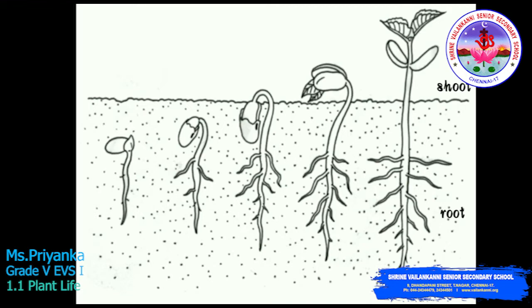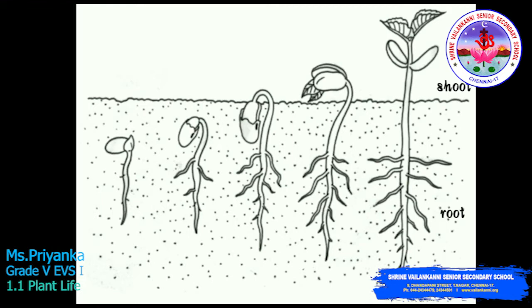So after that what will happen? When the seed coat starts to split apart, the seeds can now get enough air. So the oxygen in the air helps the baby plant to burn the food packed inside the seed. So what happens while burning the food itself? They start to produce energy. Now the baby plant uses this energy to grow.